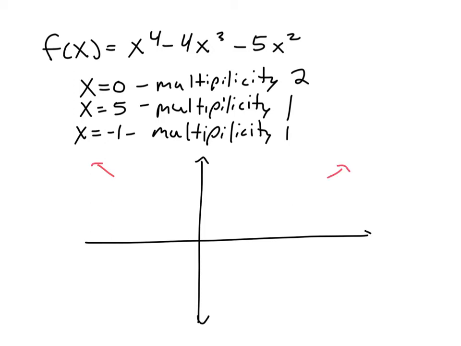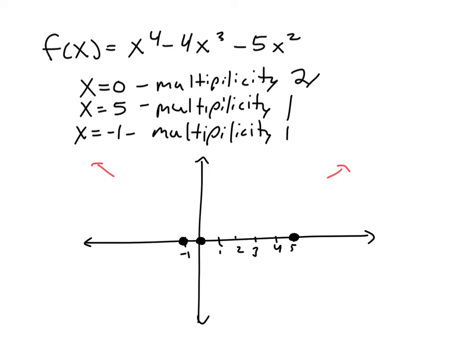Then I have 3 zeros, and zeros are the x-intercepts. So I have an x-intercept at 0, and at 5. And at -1, I have a zero there. Now I know something about the multiplicity. How does that help me? Well, when the multiplicity is even,